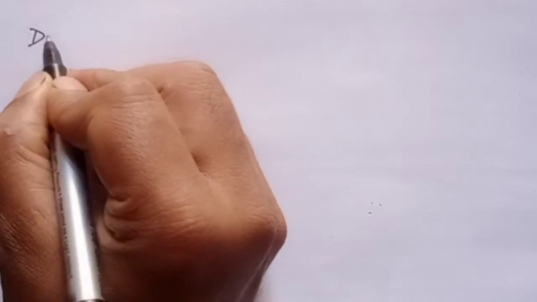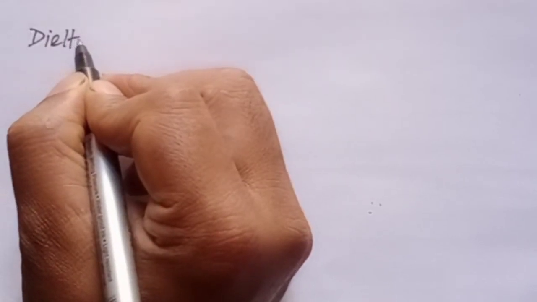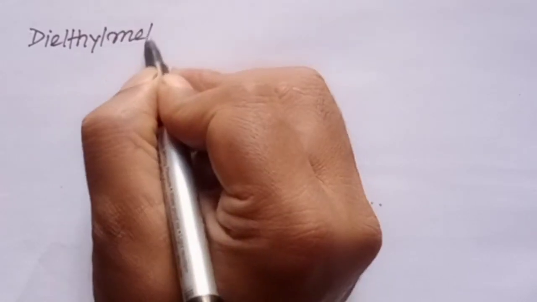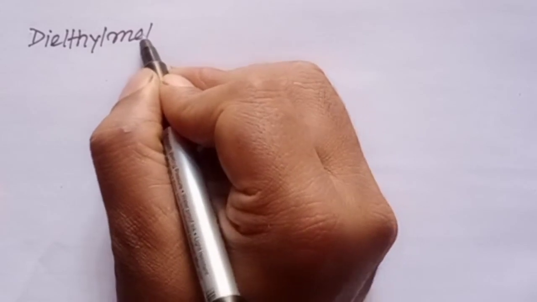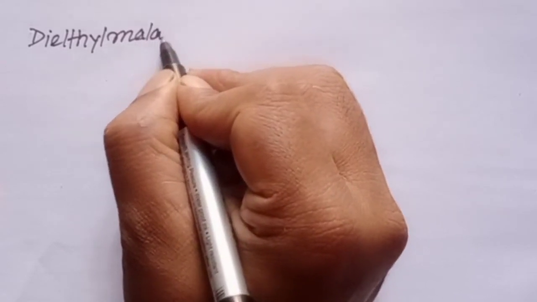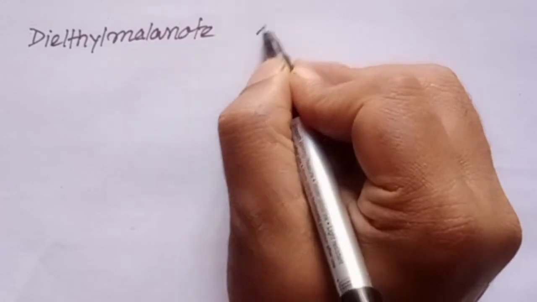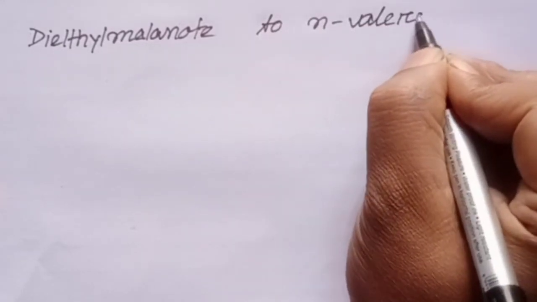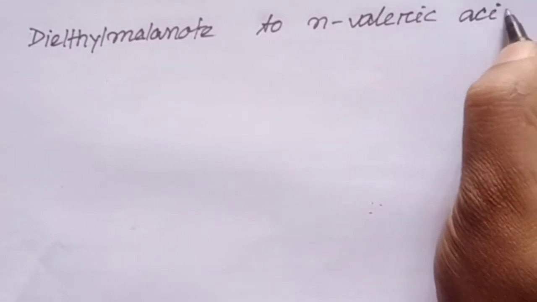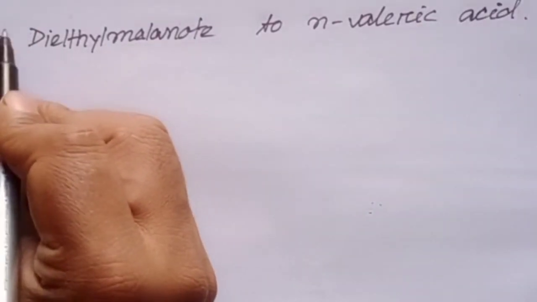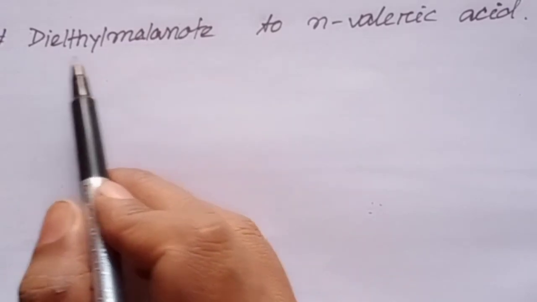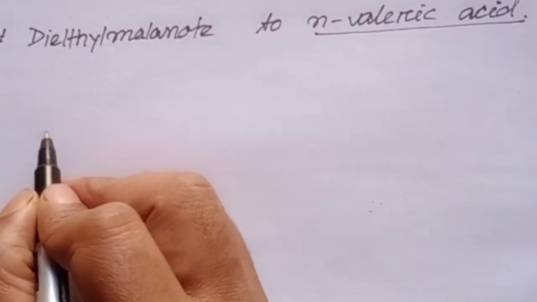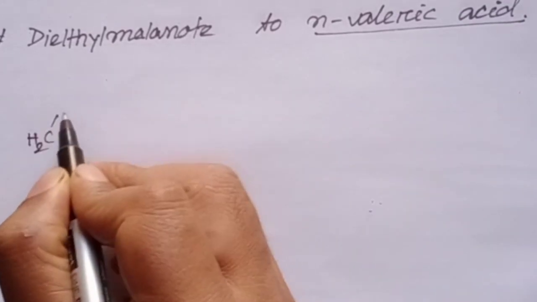Convert diethyl malonate. So now discuss how to convert diethyl malonate to n-valeric acid. So first draw the diethyl malonate. So here it is